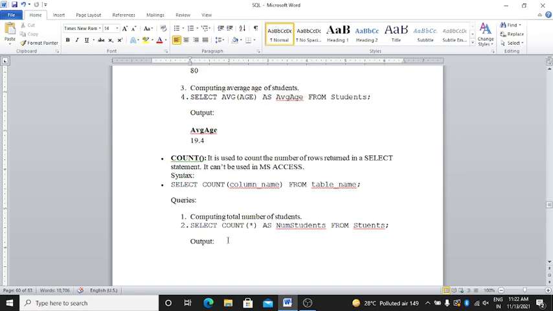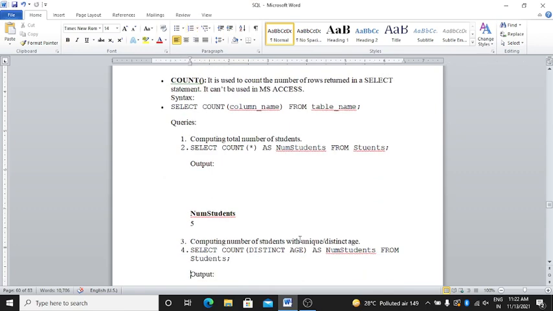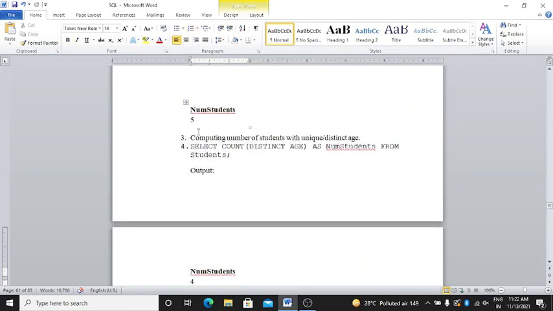Select COUNT(*) as number of students from student. Then we get the output: 5 students. Then computing the number of students with distinct age: select COUNT(DISTINCT age) as num students from student. Then the output is number of students is 4.